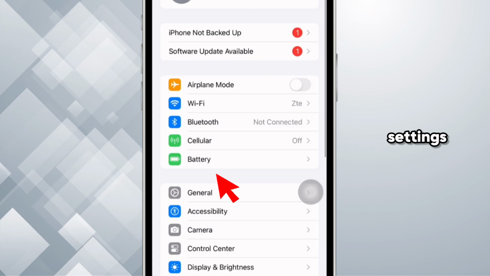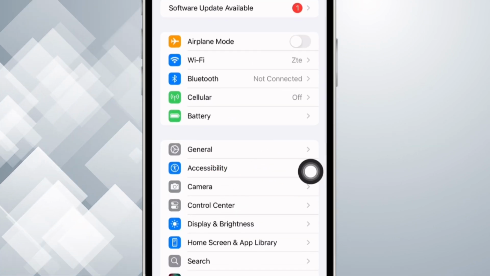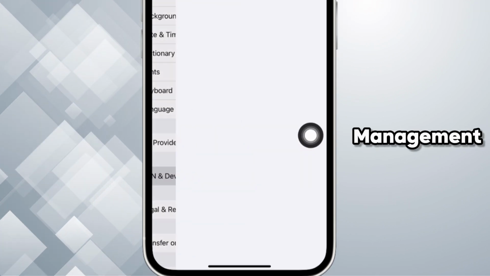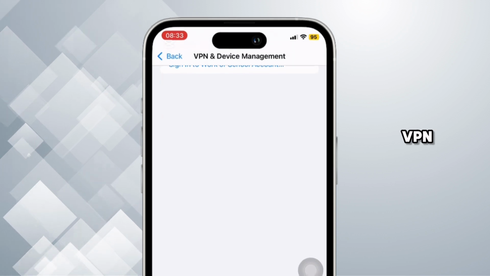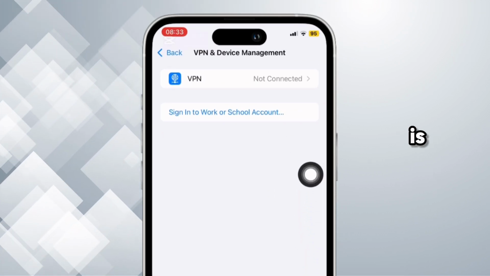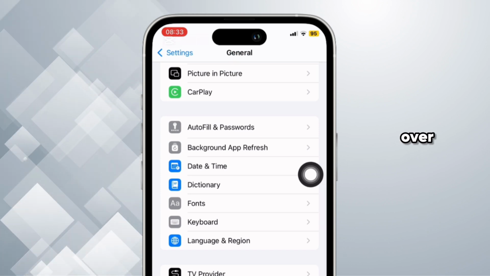If not, move into settings. Inside settings, move into general. Scroll all the way down to the bottom and click on VPN and device management. You have to make sure that you are not connected to any of the VPN. Once done, now what you need to do is, you have to go back and head over to the App